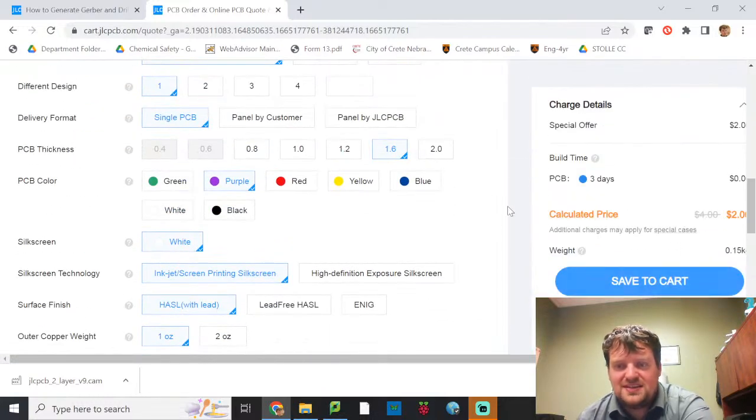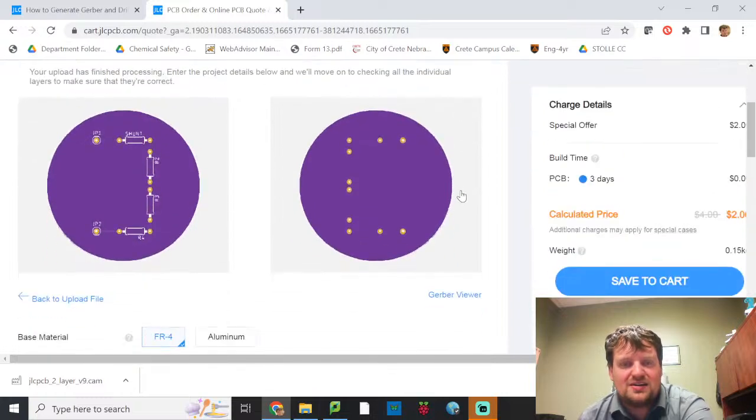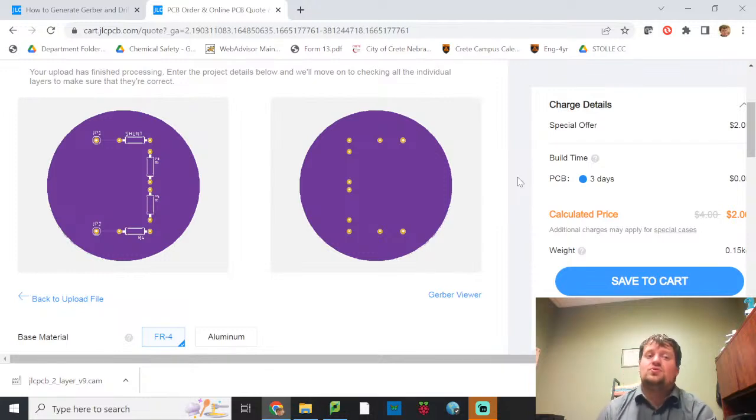And then you go ahead and save to cart, and you'll order from there. As long as you can give your instructor the zipped folder containing your file, that is all they should need to be able to order this for you. So that is my overview of how